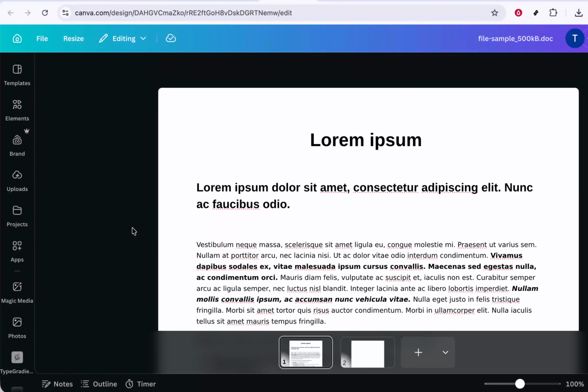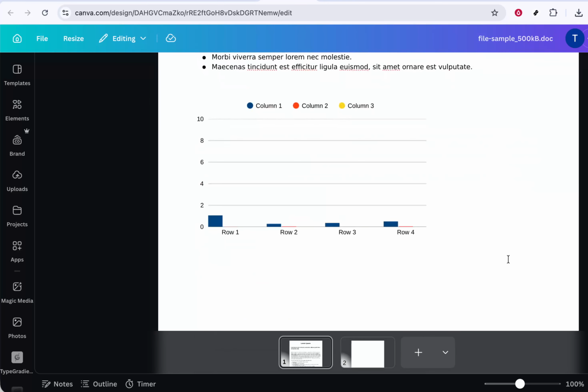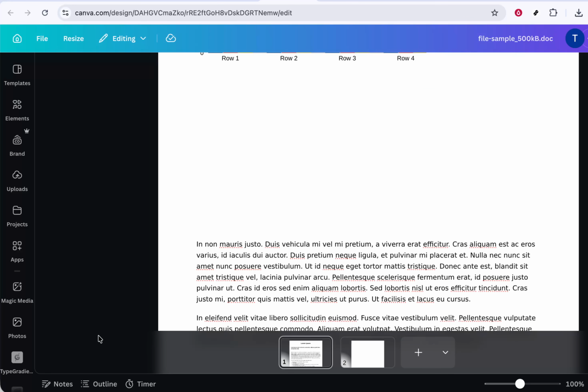In today's video, I'm going to teach you how to add a page in Canva Docs. Whether you're creating a report, a workbook, or a multi-page document, knowing how to quickly add pages will make your workflow much smoother. I'll walk you through the process step by step, and you can follow along in your own